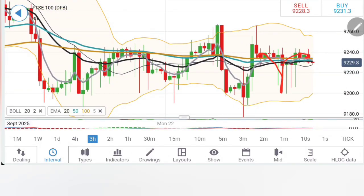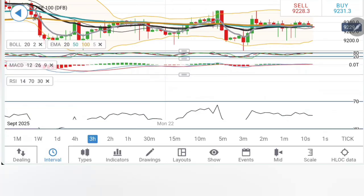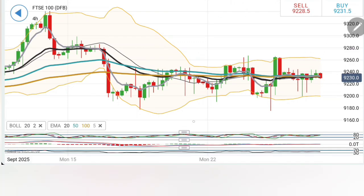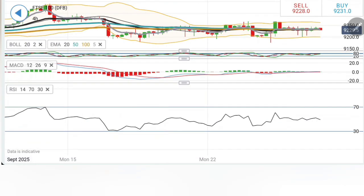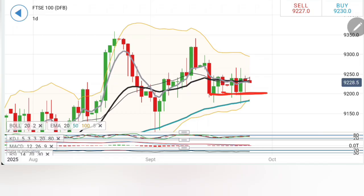See the drop, retracement, resistance trying to reverse here. Let's wait for it to cross over for sell. Stochastic looking down, MACD trying to cross over for sell, RSI flat. On the 4-hour chart, similar observation here. Let's wait for it to deliver a decisive move. Stochastic rising, MACD flat, RSI flat. Coming to daily. On the daily charts, it is very crucial for FTSE 100 to come out of this zone, 9200, 9180